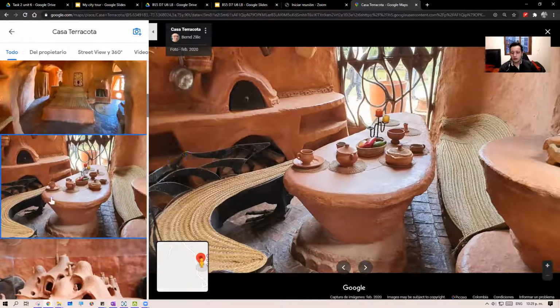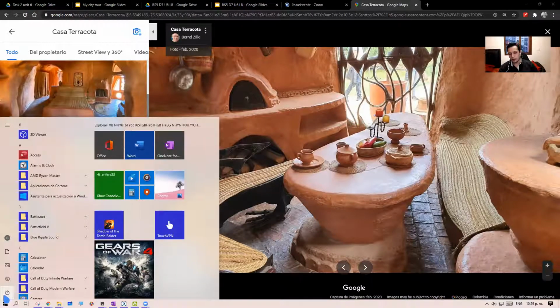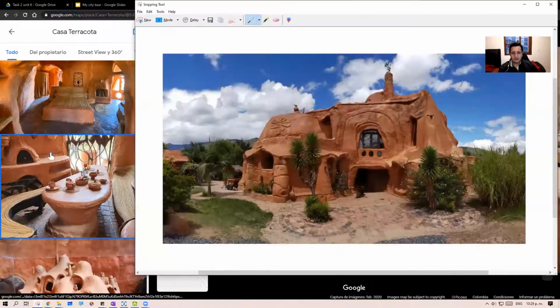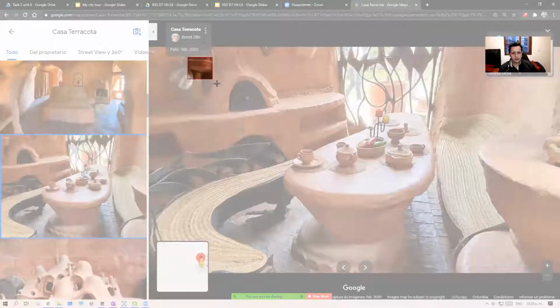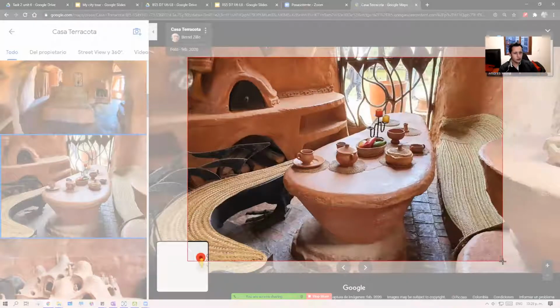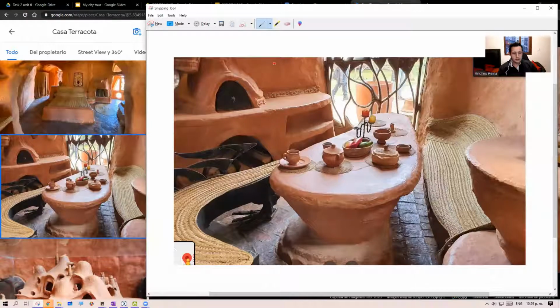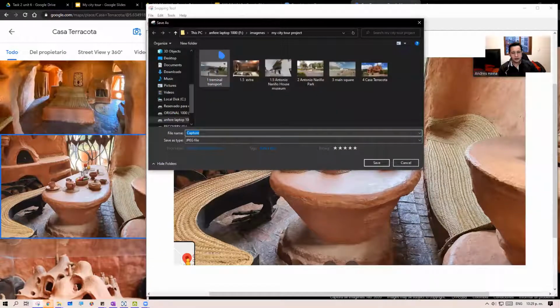this case. So in Windows, you click on the start and you look for a snipping tool or herramienta de recortes in Spanish. You open the snipping tool, you create a new one, and you select the image you want to. Well, in this case, it's gonna have my face over there. Now, as you have the picture, you click on save, and well, in my case, I organized my pictures in